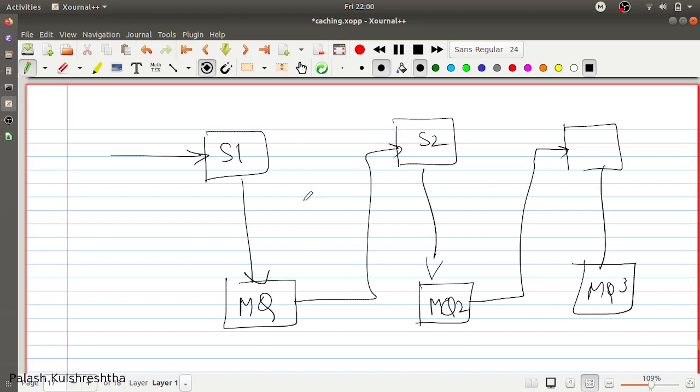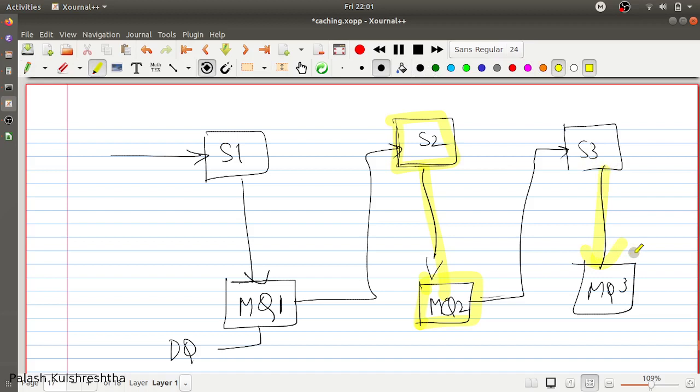When service 1 is doing its work, it is publishing the message in MQ1 or Q1, and then service 2 is consuming the message from here. If service 2 is not able to process a message, it is going to be pushed into a dead letter queue for this message queue. Similarly, when service 2 is able to process the message, it is going to send the response in MQ2, and then service 3 is going to read from MQ2 and send the message to MQ3.